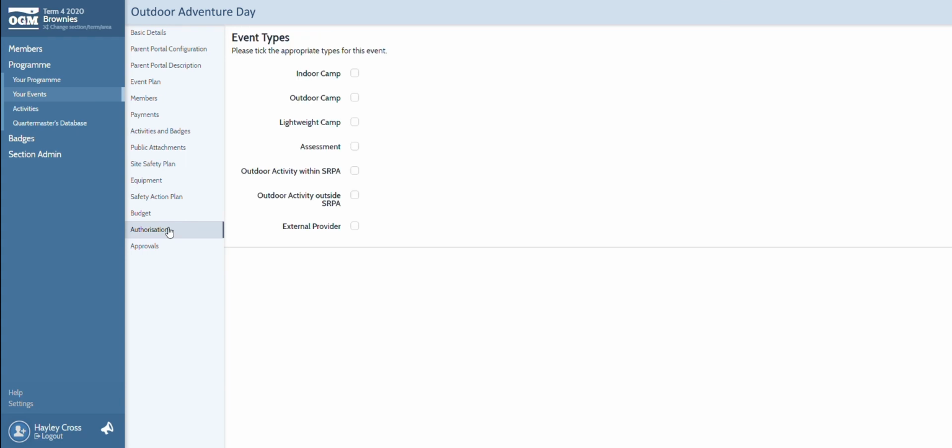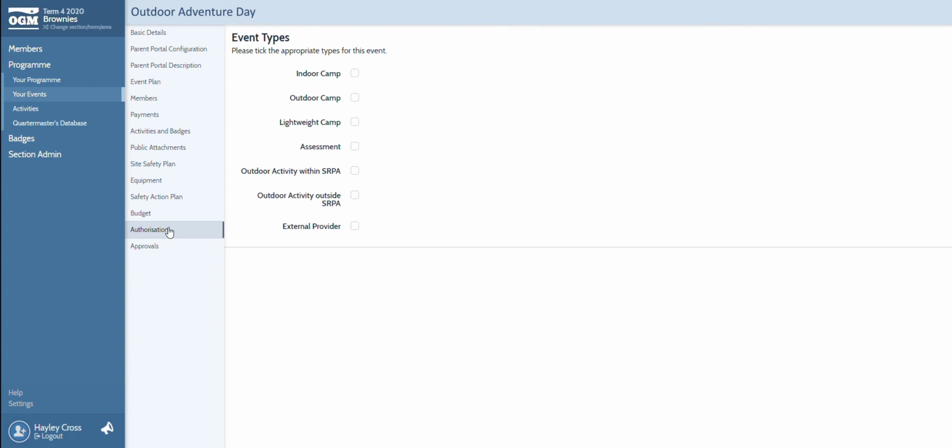Authorization. This is where you add someone with the correct qualifications needed to run the event, for example, camping qualifications or first aid. If you have all the qualifications needed to run the event and the budget is within parameters, then it doesn't need to be checked by an approver, and the event will be automatically approved and you can go ahead and invite the participants. If the event needs to be reviewed, it will be automatically sent through to the event approvers. Event approvers have a week to look at your event, but it may take longer than this to get approved if they have to come back to you to ask for more information.